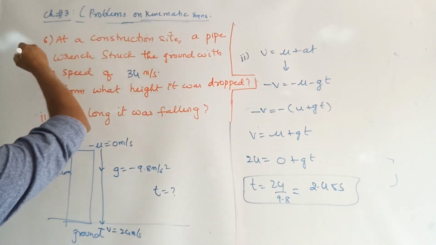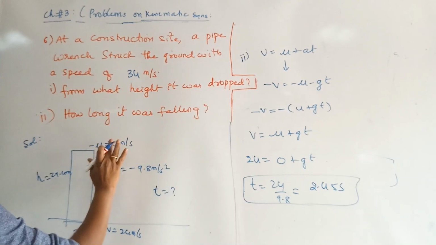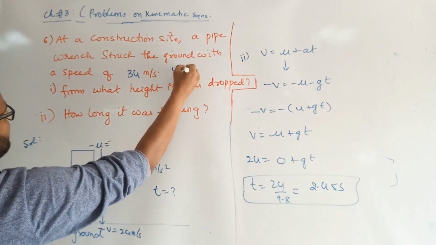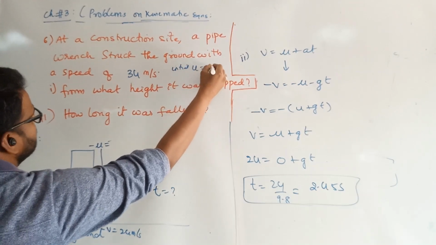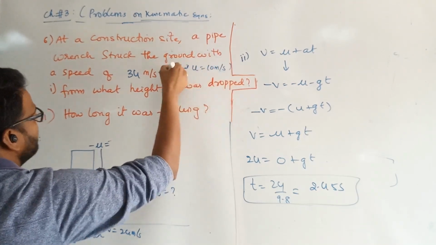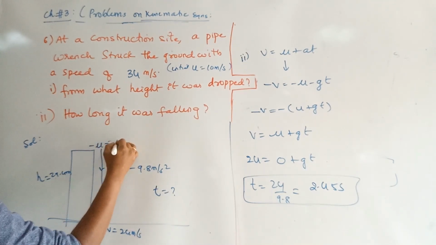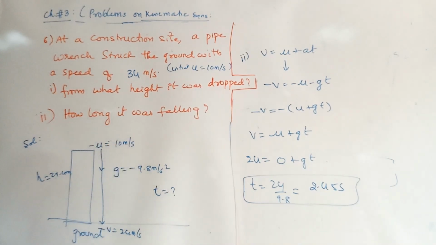Pipe is thrown, take u is not 0, I'm just saying that it is given an initial velocity. Take initial u is equals to 10 meters per second. If it is a free fall body, it is 0, but here it is not 0. If you are throwing something from the top of a building, we are not given the height of the building also. Now for that case, you need to find this value.